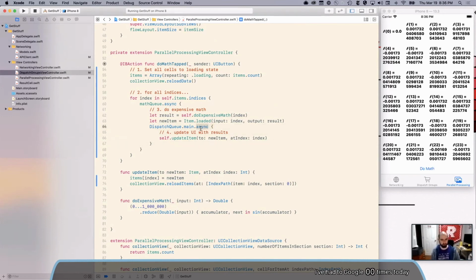So that's a good segue to a question: when we're using a serial queue, will it always return in the order you sent the requests in? Yes, on a serial queue, it will operate on work items in the order that they were submitted. You'll also get some stuff like queue suspend and resume.